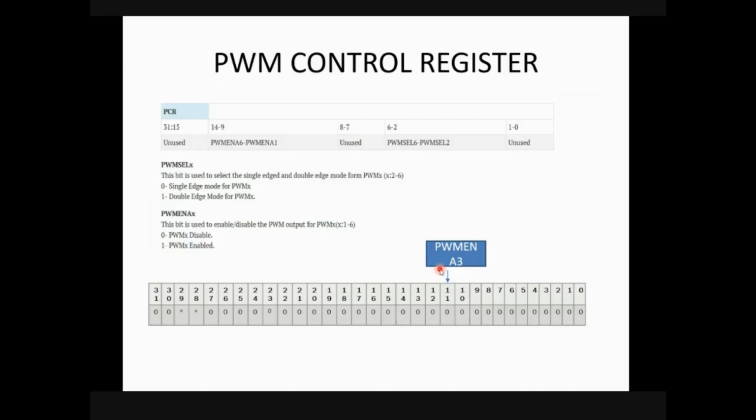If you want to enable the PWM, we have to make that particular bit 1. So in our program, we are using PWM 1.3, so we are making the 11th bit high. And we are keeping the select bit as 0 because we want to generate the single edge PWM wave.